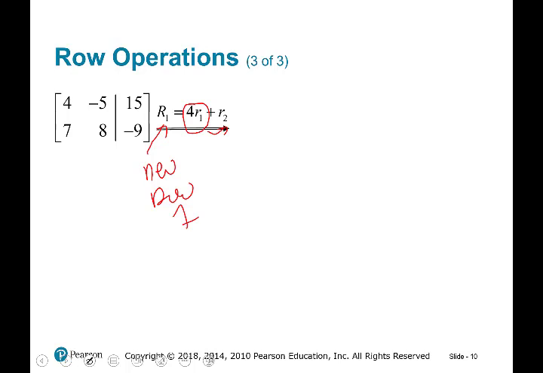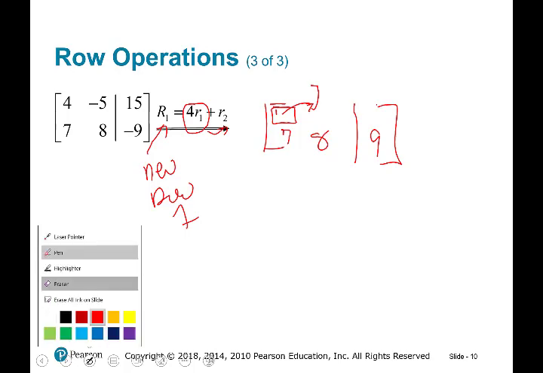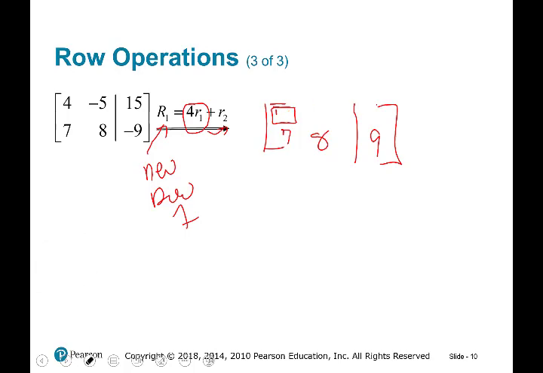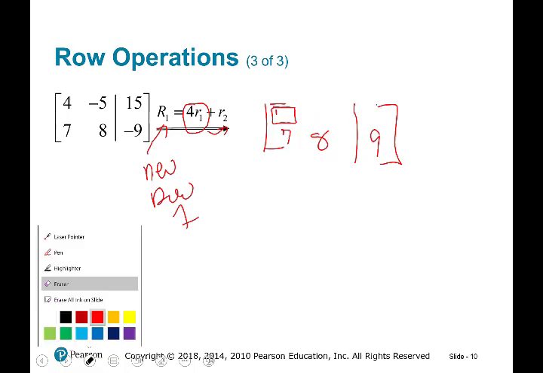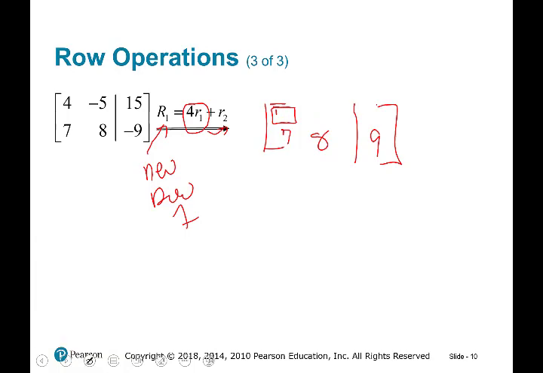So for example, if I have my matrix, I'm not changing row number 2, that stays the same. But then here, for this entry here, this will be 4 times the value for row 1. So that will be,